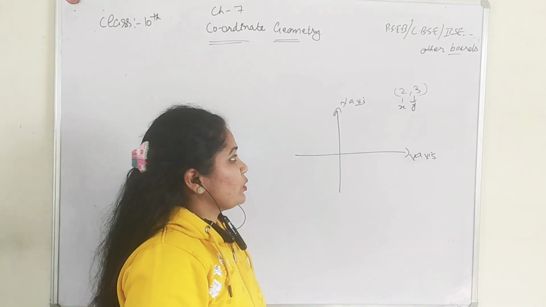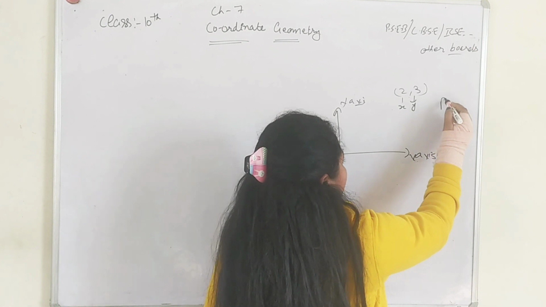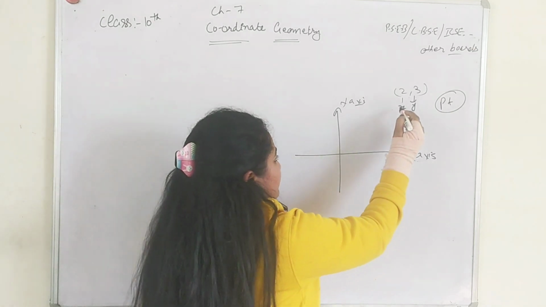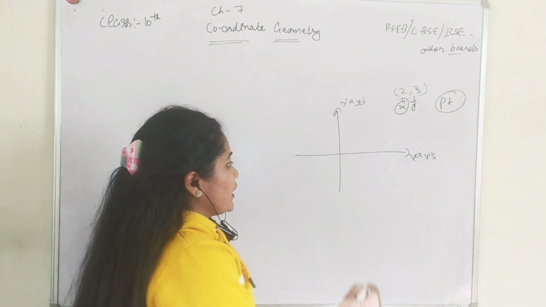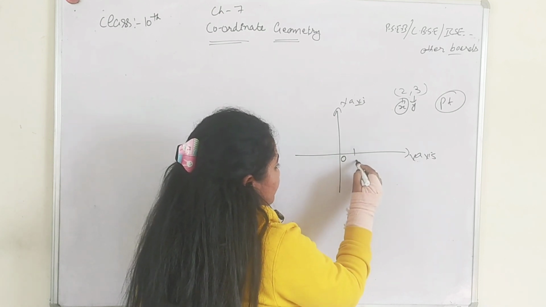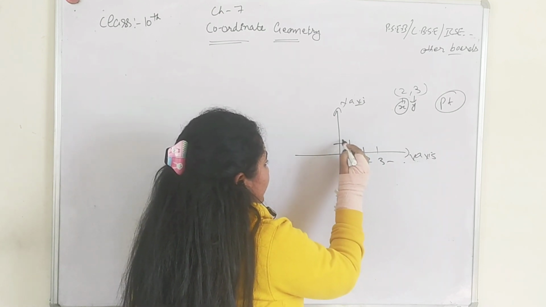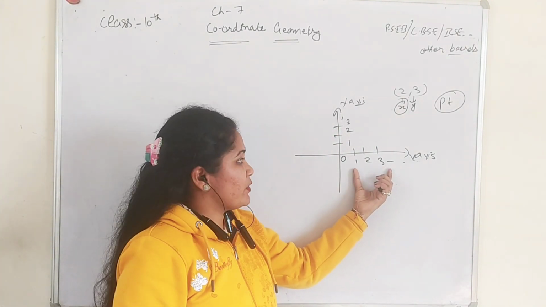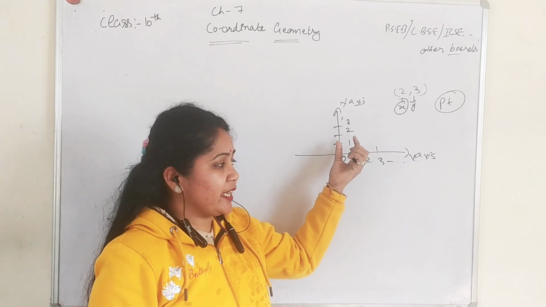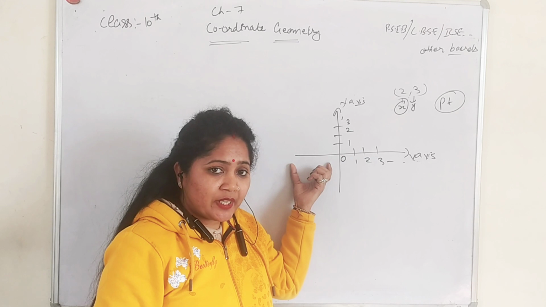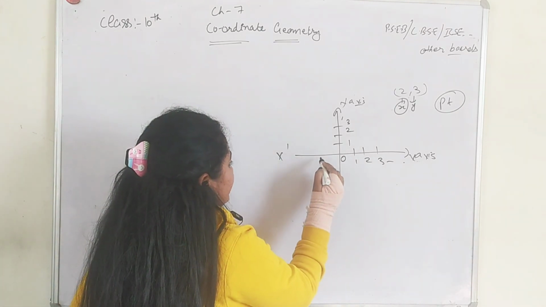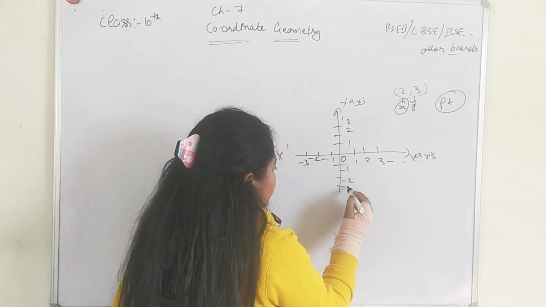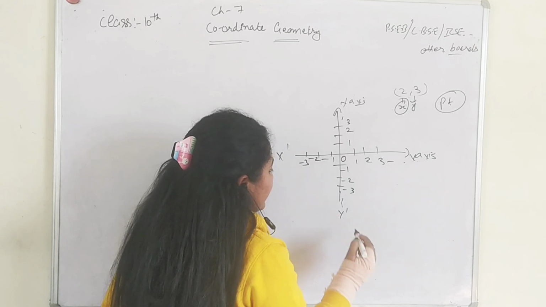That means the combination of coordinates x and y is known as a point. So if we want to plot the point 2, 3, then the first coordinate is x and the second coordinate is y. Here we can consider 0 and here we can write 1, 2, 3, and so on. On the right hand side of the region the values of x are positive, and upside of the region is the positive value of y. On the left side the values of the x-axis are negative, that means -1, -2, -3. Similarly you can take values of y as -1, -2, -3, and we denote this as y dash.